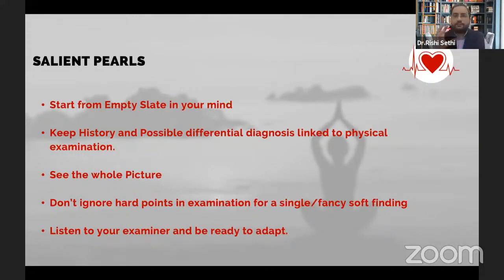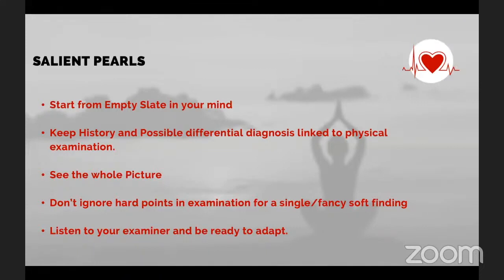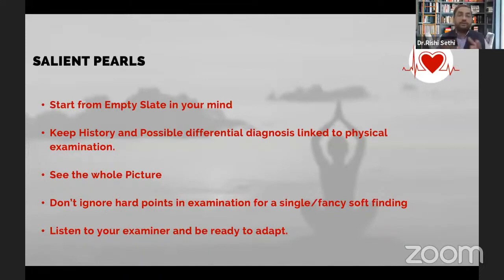Suppose you get a hard clinical finding, and at the same point of time, suppose you get a forceful sustained apex that is classical for LV outflow obstruction, and at the same point of time you are getting a somewhat doubtful rumble that is representing an Austin Flint, and there is a debate whether the aortic regurgitation or stenosis is the predominant lesion. Go for the hard finding rather than trying to search for some fancy small finding and trying to impress your examiner. Do not lose sight of your hard finding for any soft finding,